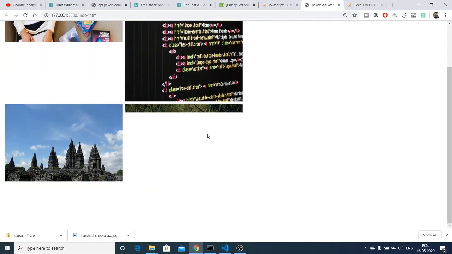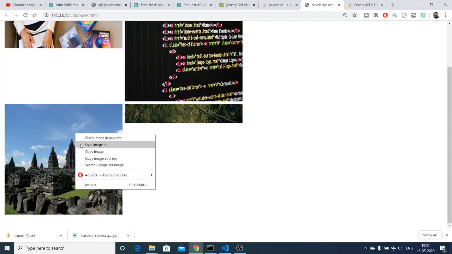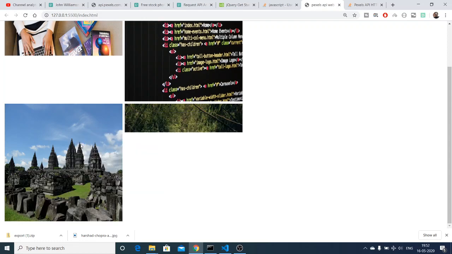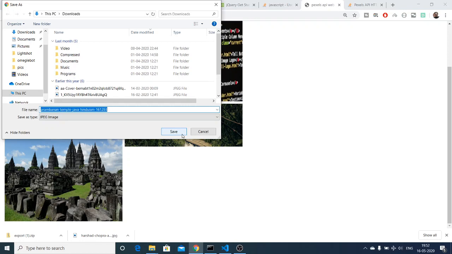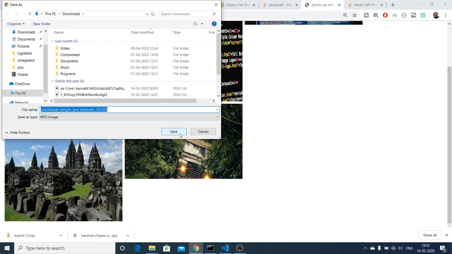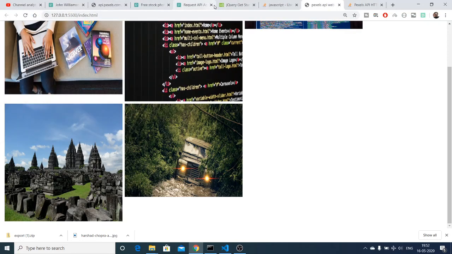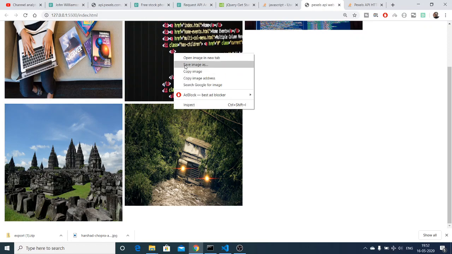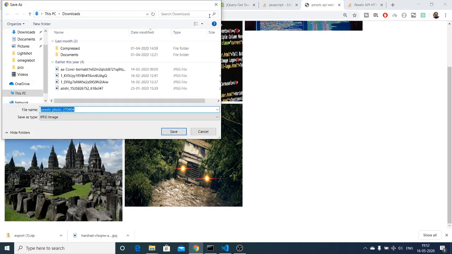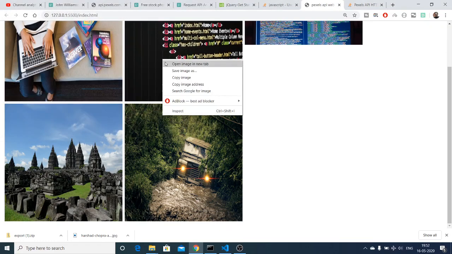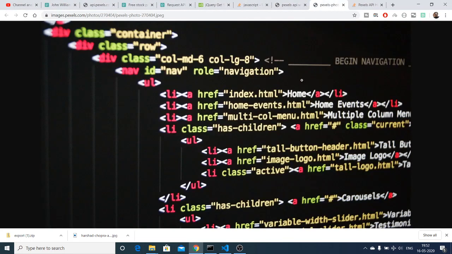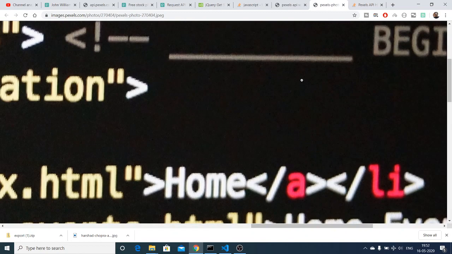So it is still taking time because the image sizes are really high, so that is why it is taking so much time. You can right click it and save this image onto your computer, or you can right click, open this image in new tab in order to see the whole image like this. You can also zoom in, zoom out like this.